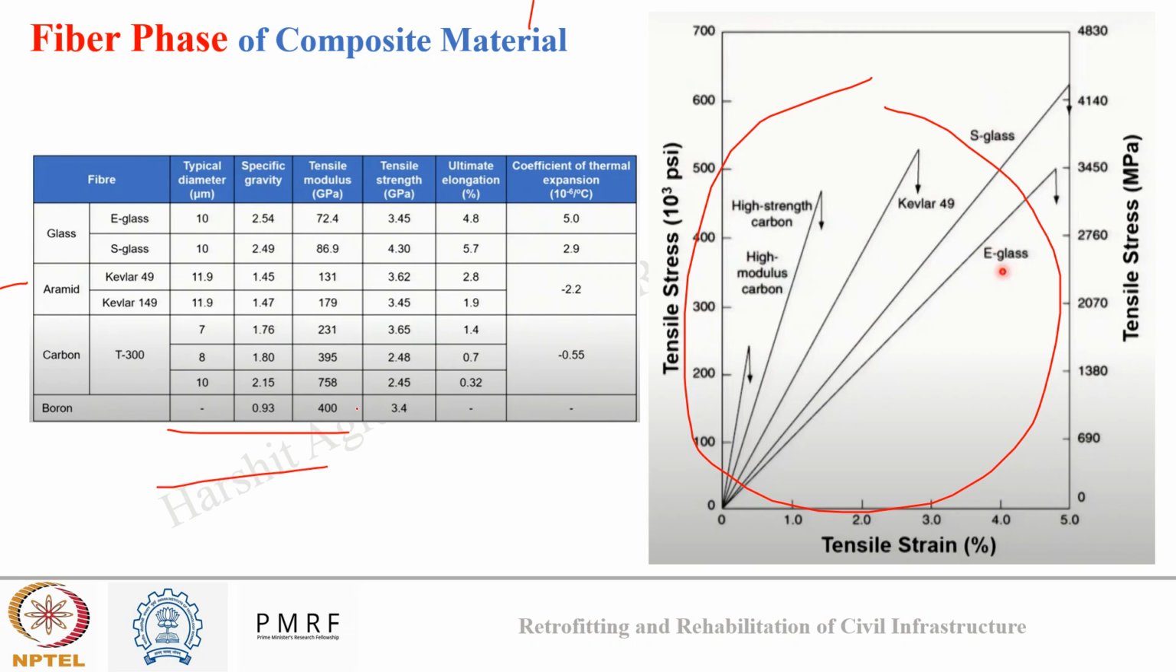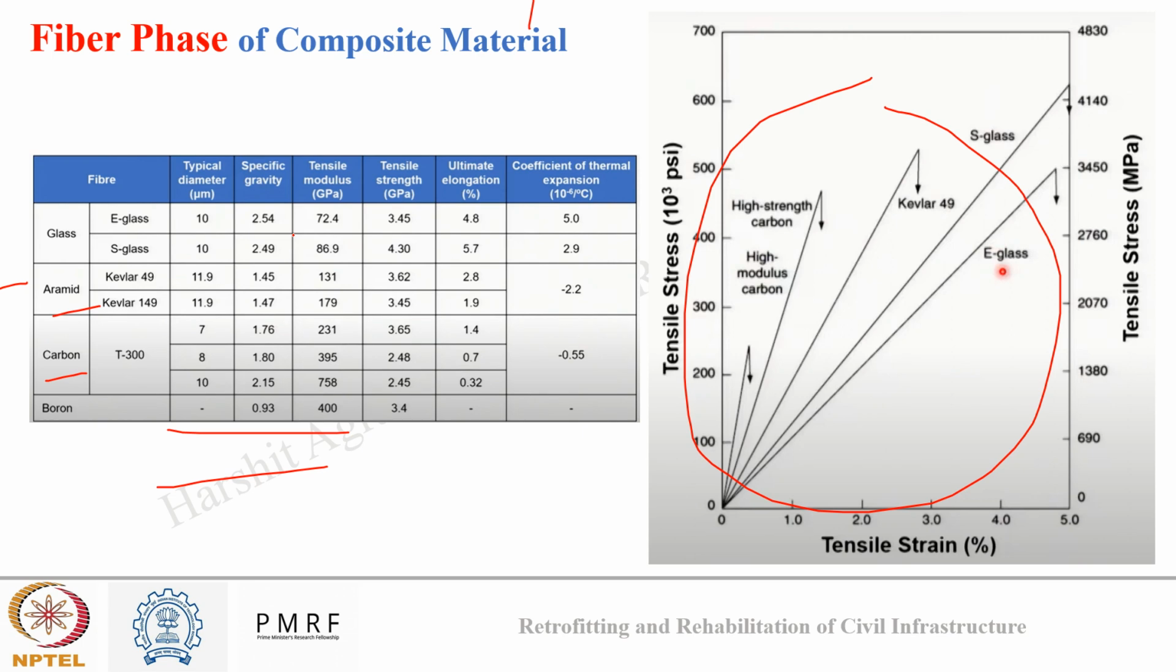Okay, so in this table also you can see some of the properties where one can see glass fibers are superior to aramid fibers, and compared to carbon fiber and aramid fiber, glass fiber is superior in terms of higher specific gravity, higher tensile strength, higher percentage elongation, and higher coefficient